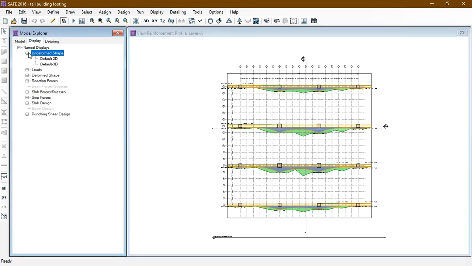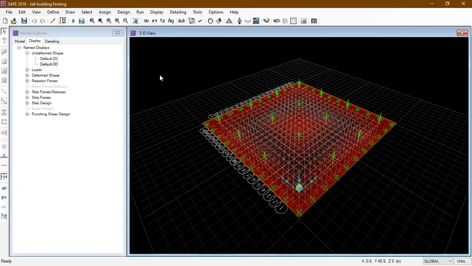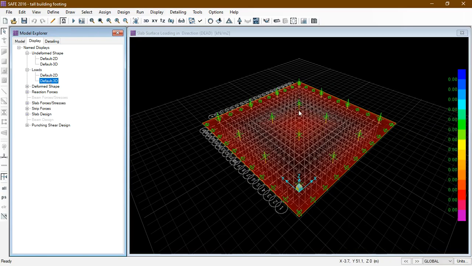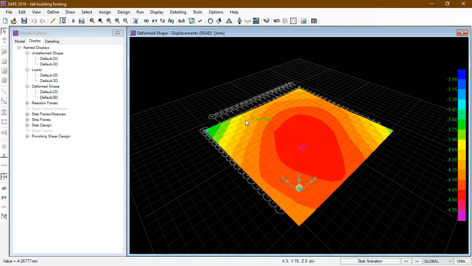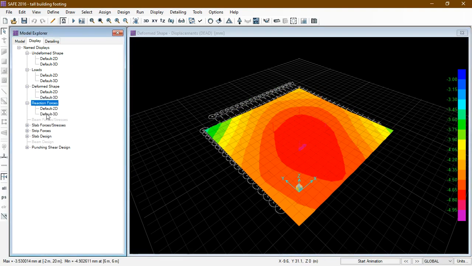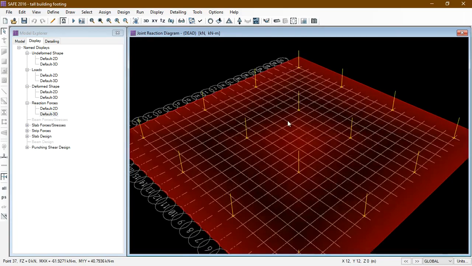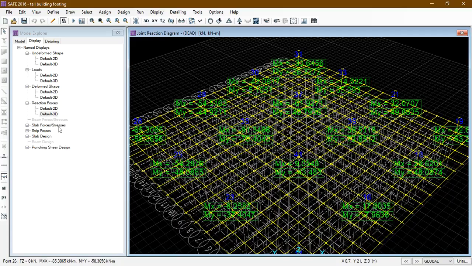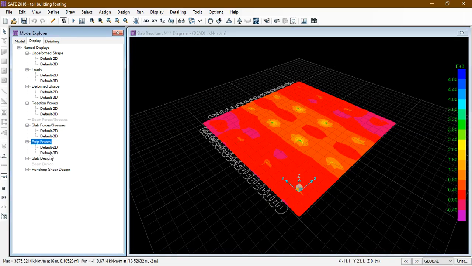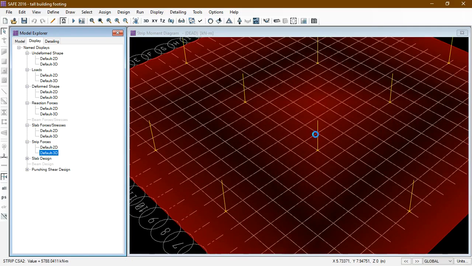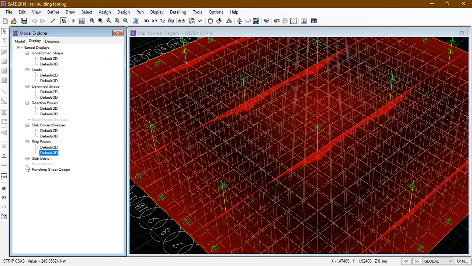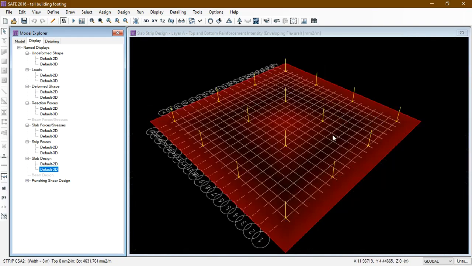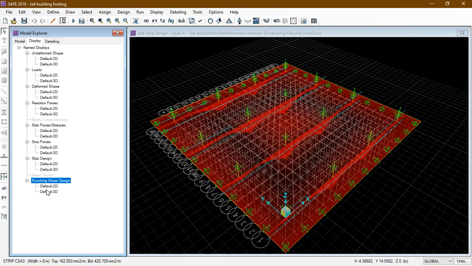Display undeformed shape in 3D, loads in 3D, deformed shape, reaction forces, slab forces, strip forces, slab design, punching shear design.